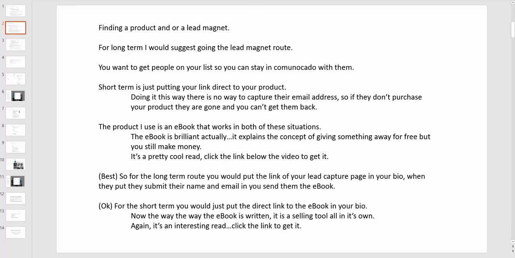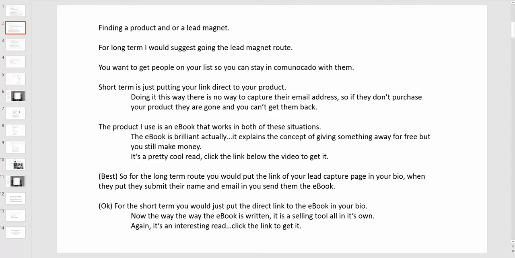All right. Now, if you do it the short-term way and you're putting a direct link from your bio right to your product, right to the sales page, you are going to have one heck of a time trying to communicate in the future to this person. So let's say you just put that directly to your page. They go and look it over, and at this time of life, it's just not what they're interested in. All right. They click off. They're gone. There is no way to email them, see how they're doing, anything like that, maybe put other offers in front of them. There is no way. You worked incredibly hard. You were grinding. You need those people to come to your page and submit their information so you can continue to stay in communicado with them, okay?